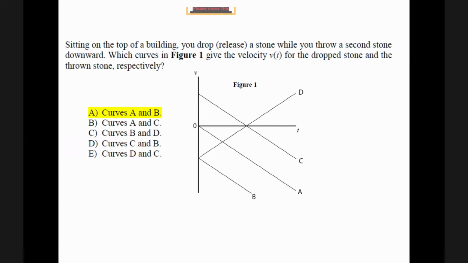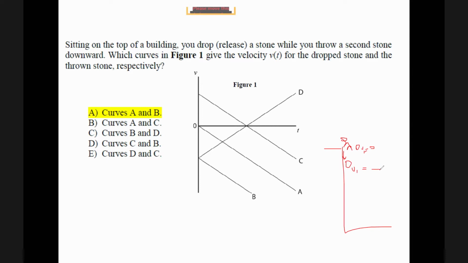A stone, while you throw a stone, let me make this drawing to explain it to you. Someone on a building, here is someone. He has 2 stones. One stone, V initial equals 0, so he will just drop it. The other one, he will shoot it down, the stone, with V initial equal what? What do you think the V initial should be in this case? If he throws it downward, it should be negative. And I know it should be negative. The direction of the velocity down is negative. This one is 0. So one stone has initial negative velocity. The other stone has initial velocity equal to 0.